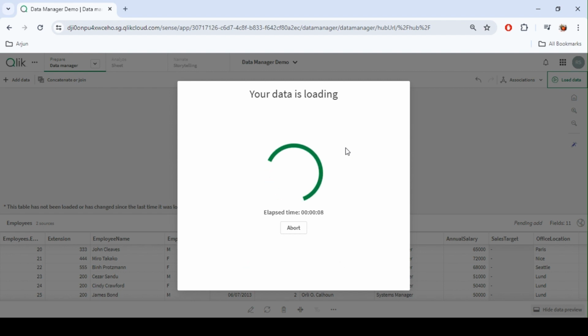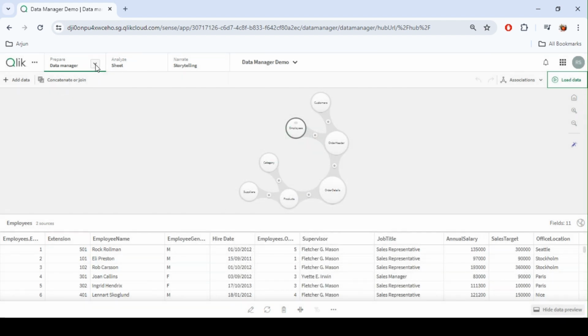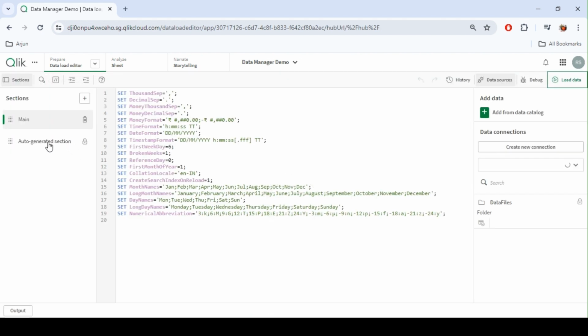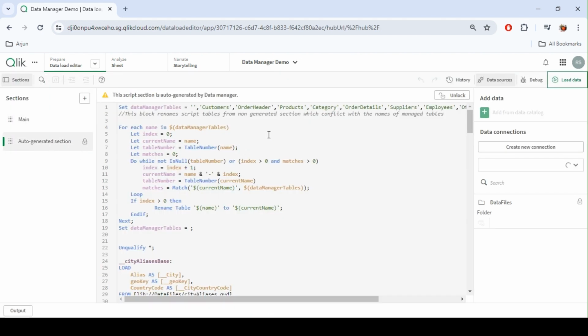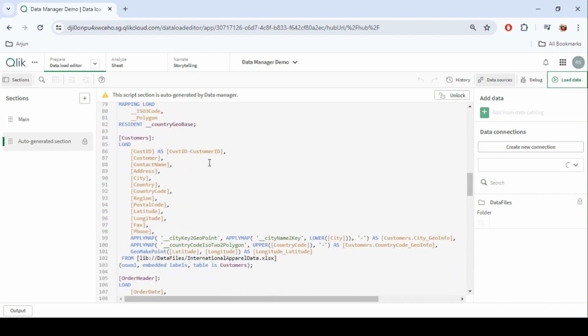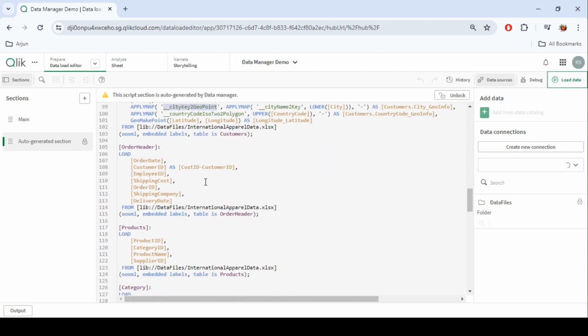It creates a data load editor section which has all these details, all the transformations we did. It also creates a few sections on its own like master calendar, geolocations. You could see it has come up with its own script, a few alias names and the key columns, customer edit, the key columns, geo points,